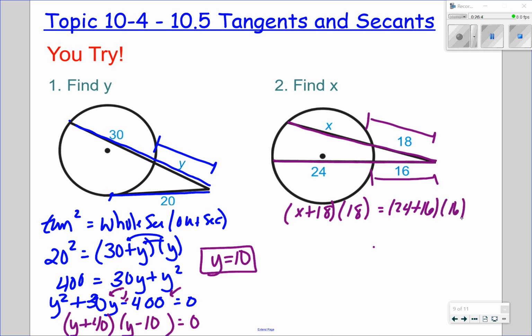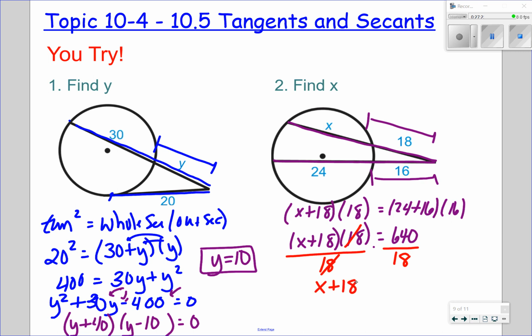Now this one, I'm going to show you how to solve this without doing the distributive property on the left-hand side. So let's leave this left-hand side as x plus 18 times 18. Over here on the right-hand side, the 24 plus the 16 and then times 16 gives you 640. Now, if you didn't want to do the distributive property, you can simply divide this side by 18, divide this side by 18. These are going to cancel. So you get x plus 18 equals